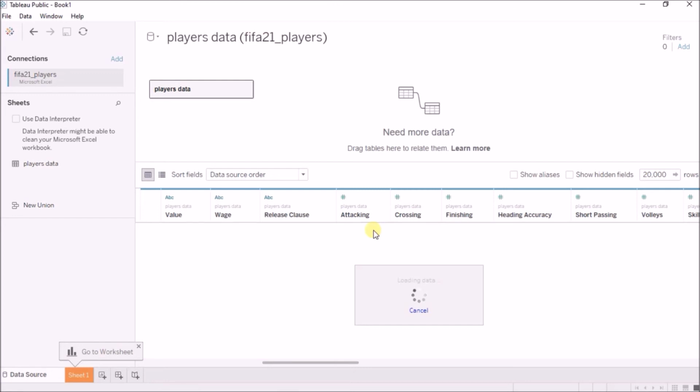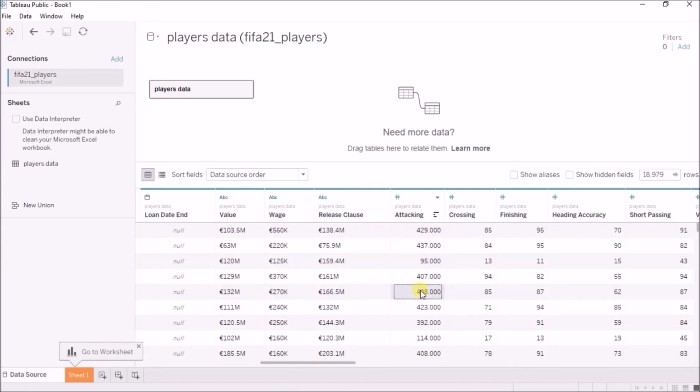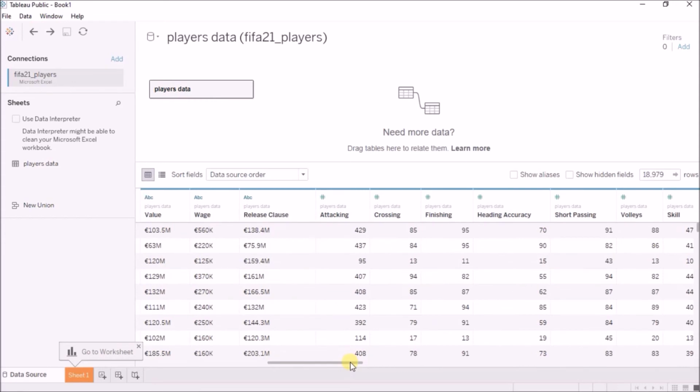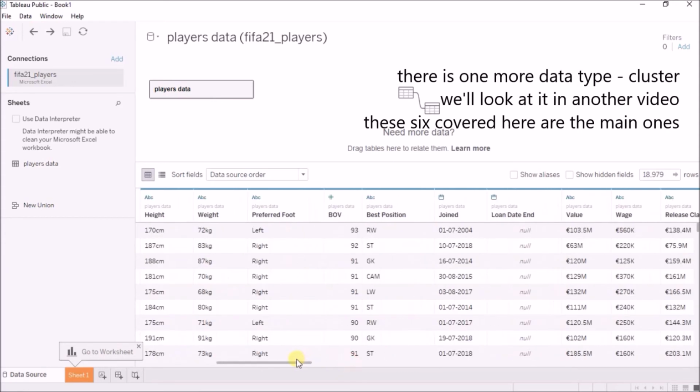For example, if you have some currency data like $500.50, in that case it will make sense to use the decimal number. But otherwise, if the whole number suffices, then you should keep it as whole numbers. Okay, so now this is a decimal number, but the whole number is good enough, so I'll just click on the back button. Okay, so the last data type that we look at is the Boolean data type.